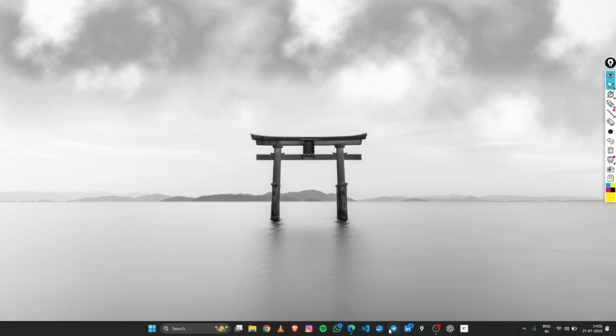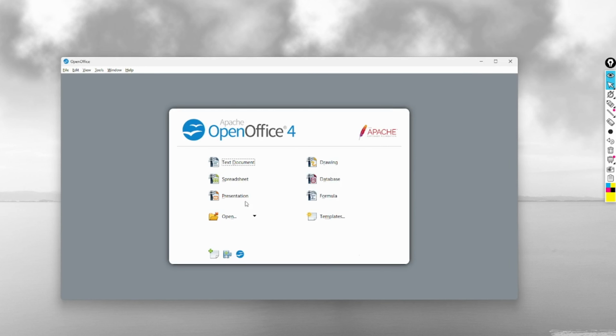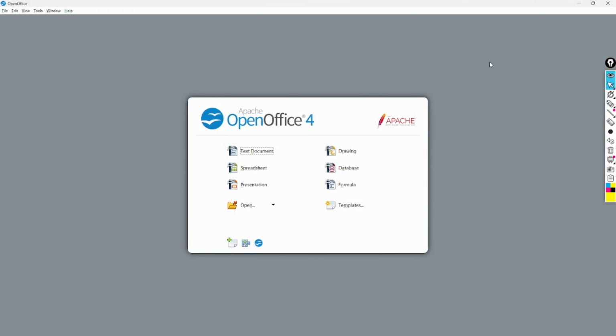Now let's open our OpenOffice. Everyone knows how to open OpenOffice. First click on OpenOffice, then you will see many different applications, but today we are going to see only Writer. Writer has a second name, text document. Just double click on it, text document, and our application will open.